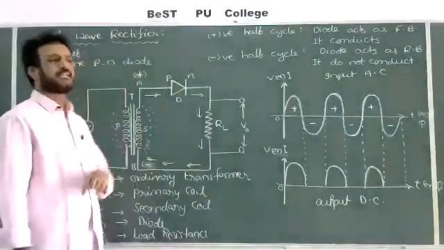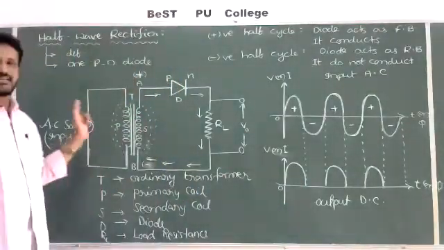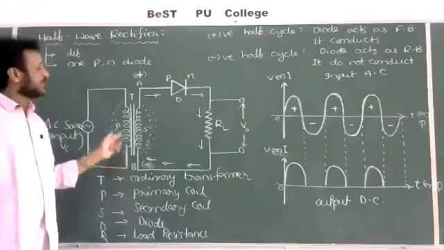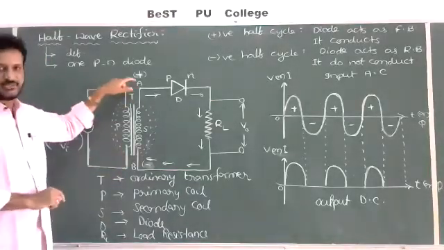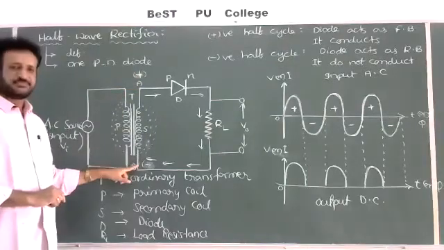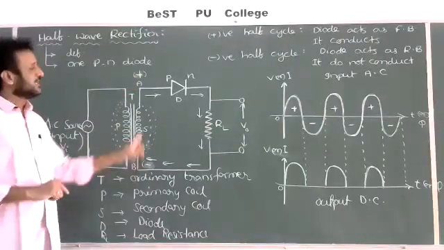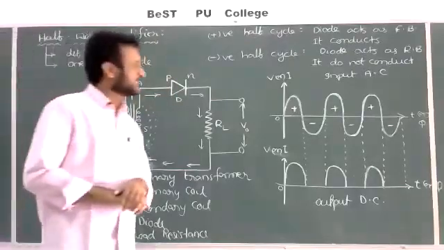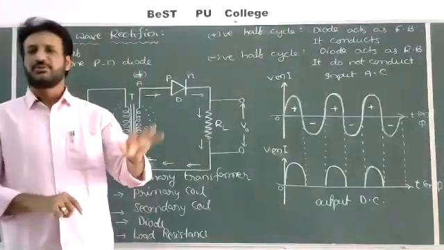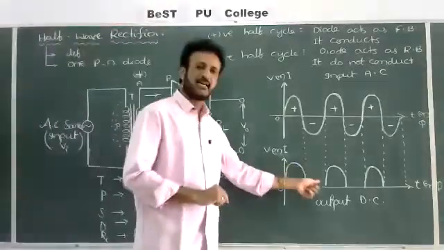During a negative half cycle, what will happen? The direction of the current is reversed. Again, the induced EMF is also reversed, and hence the upper part becomes the negative terminal and the lower part becomes the positive terminal. Hence the diode behaves as reverse biased. In the reverse bias condition, no current flows through the diode, hence the signal will be absent.